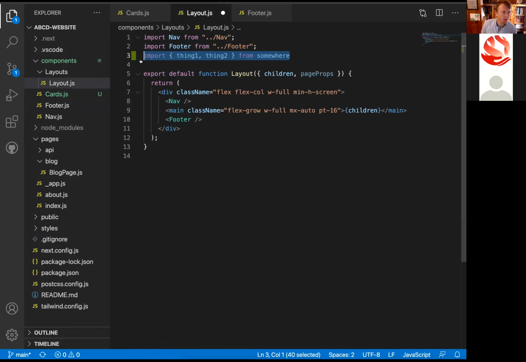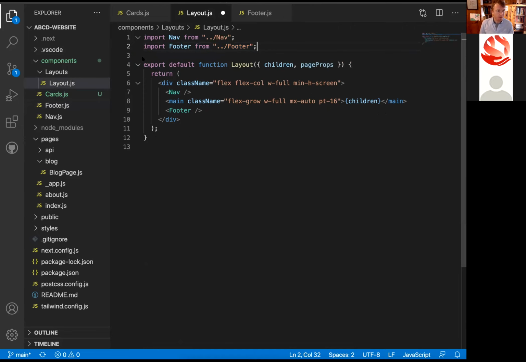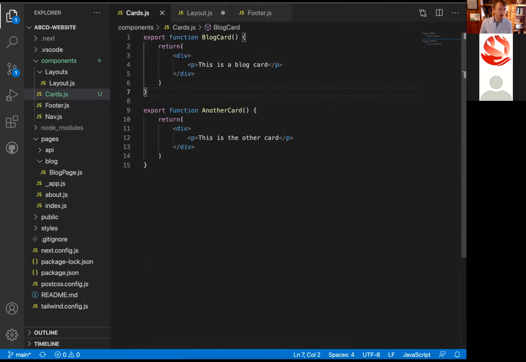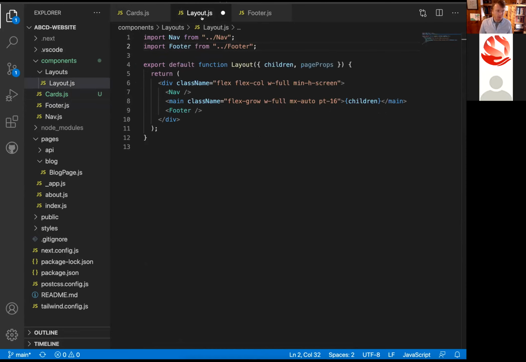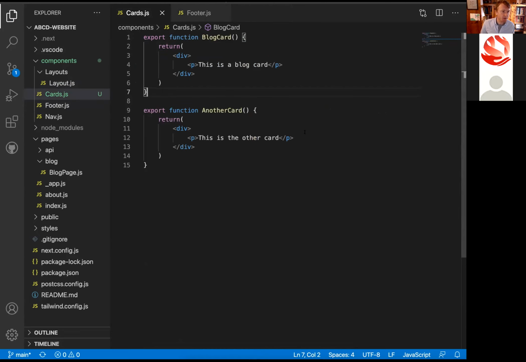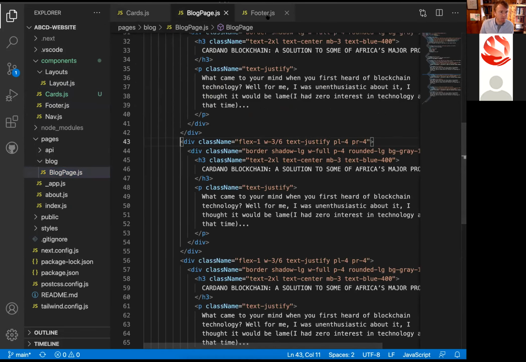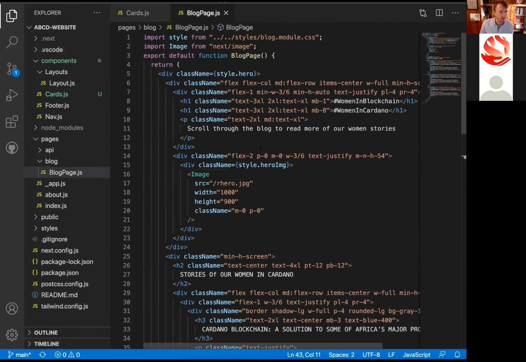Okay, so where do we want to use these cards? Well, once you create some cards in a file like this, you can use them anywhere in your project. And right now, we're going to use these cards in the blog page. Let's close the footer for now. So up at the top of the file,